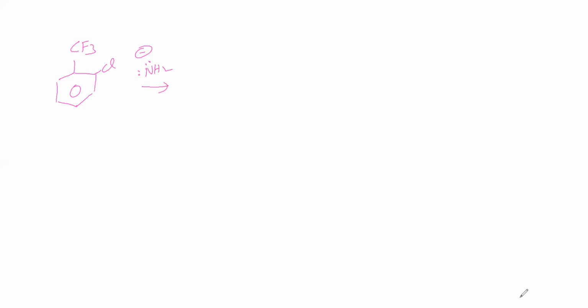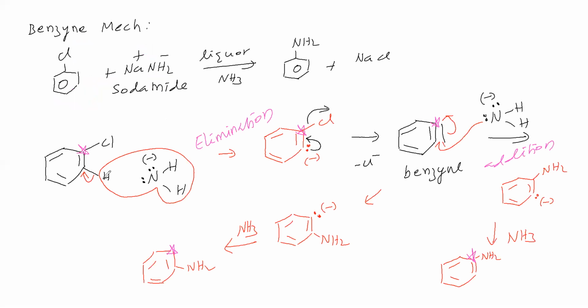Sir, in the previous case we will see. NH2 minus has abstracted which proton? The alpha hydrogen. Chlorine is attached to this carbon, so this carbon is the alpha carbon. So the alpha hydrogen is abstracted by NH2 minus. Why does NH2 minus abstract the alpha proton but not the beta or gamma proton? Because Cl shows a minus I effect. Inductive effect depends on distance. Shorter the distance,